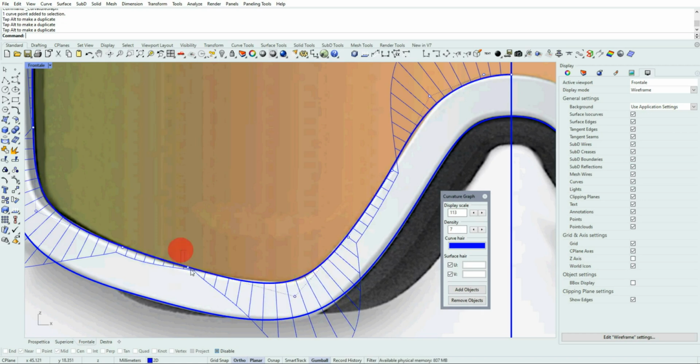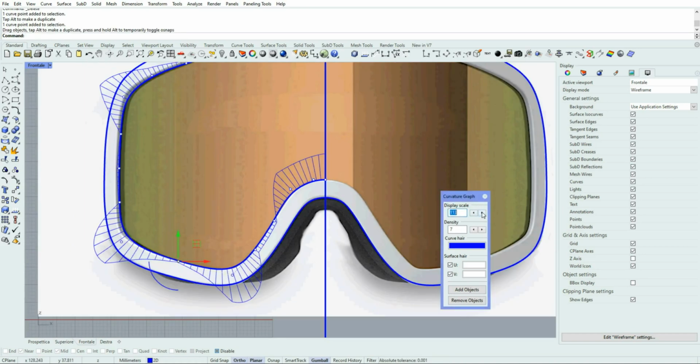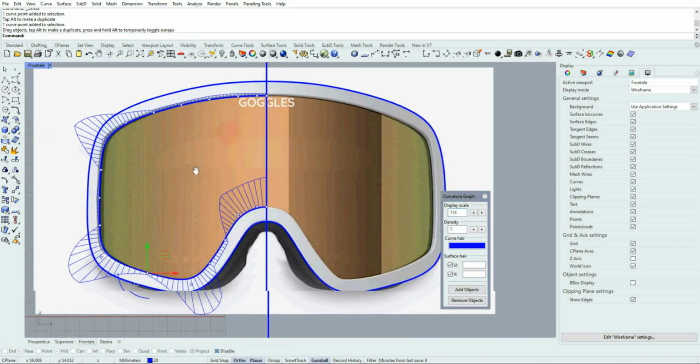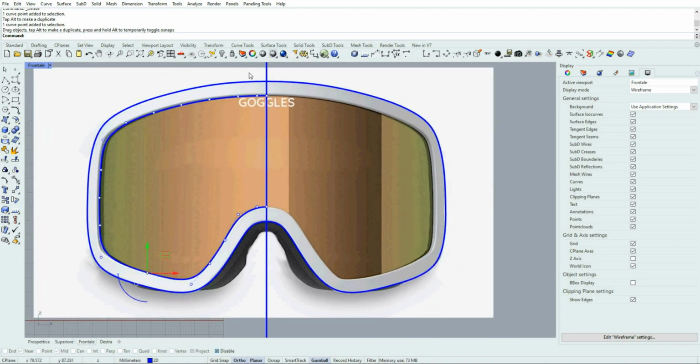We go on that way. As you can see, the curvature is almost okay.